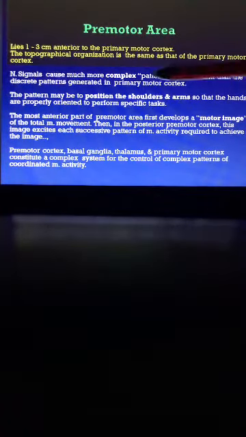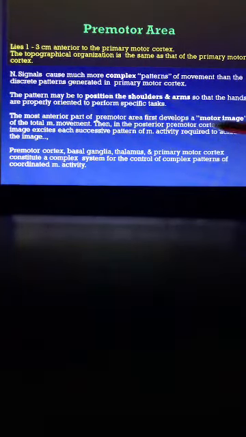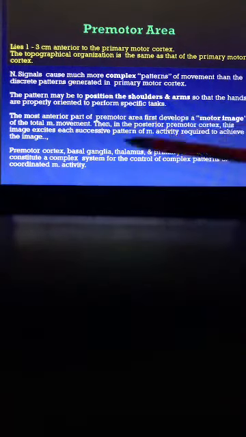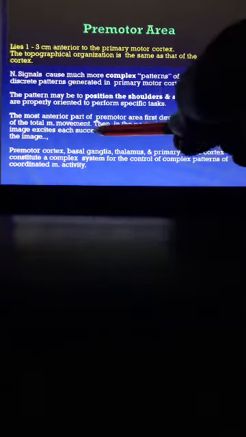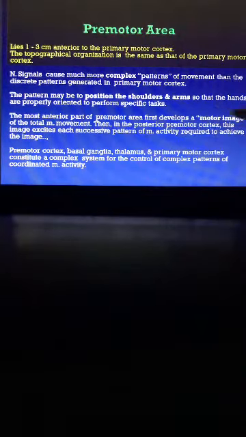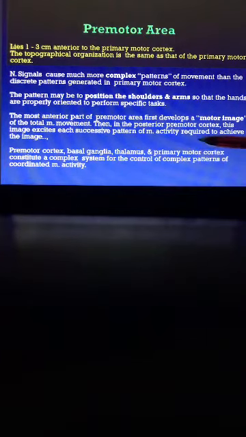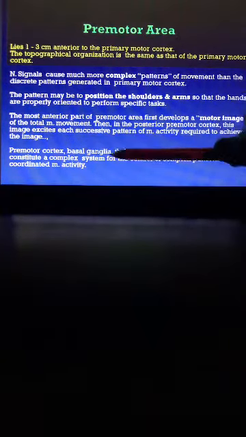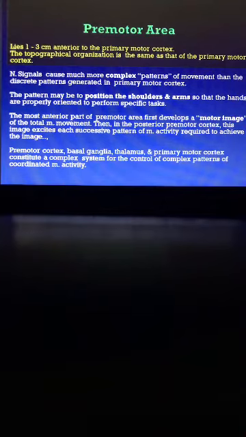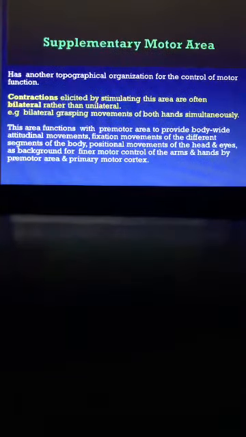The most anterior part of premotor area first develops motor image, and then the posterior part excites the activity. The premotor cortex, basal ganglia, thalamus, and the primary motor cortex constitute a complex system for controlling the motor activity. Number 3, supplementary motor area,